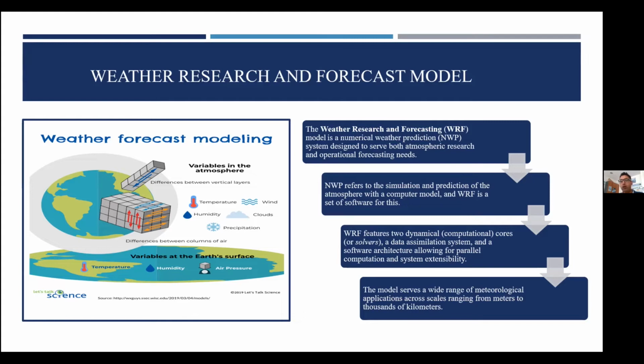The weather forecasting model has two dynamic cores, like data assimilation systems and the software architecture for parallel computations and system accessibility. This model provides a wide range of meteorological applications, with different resolutions. We can get the wind field from different resolutions, from a few meters to thousands of kilometers,